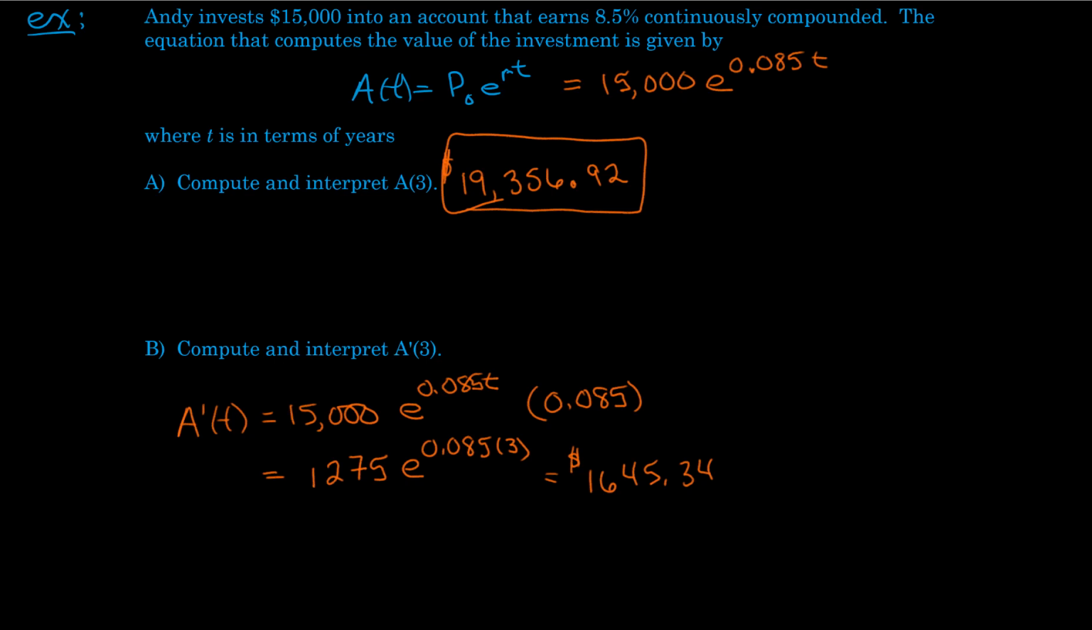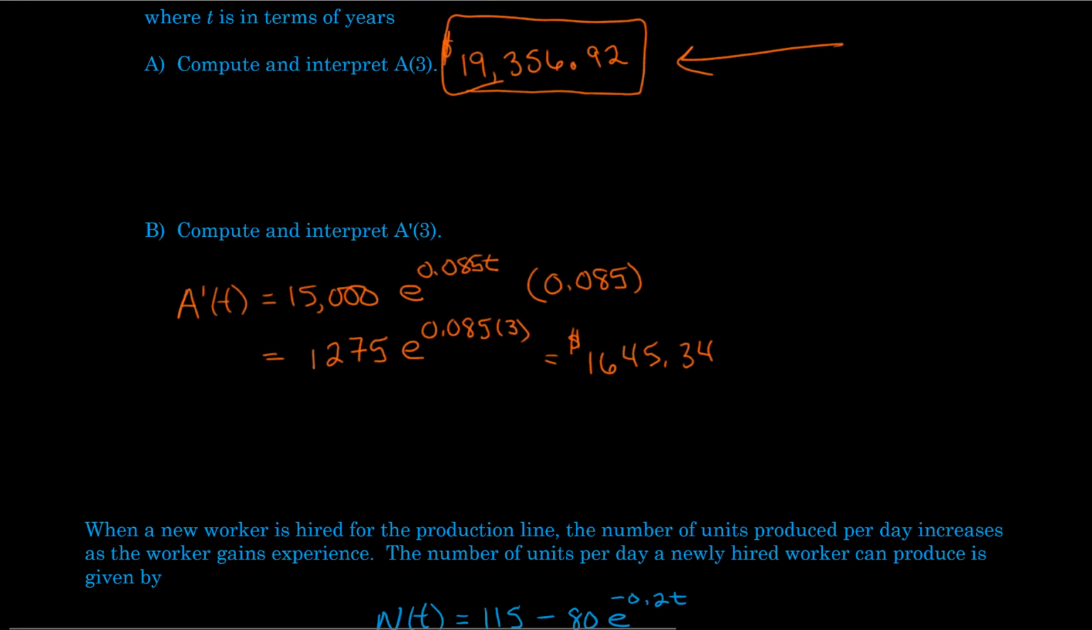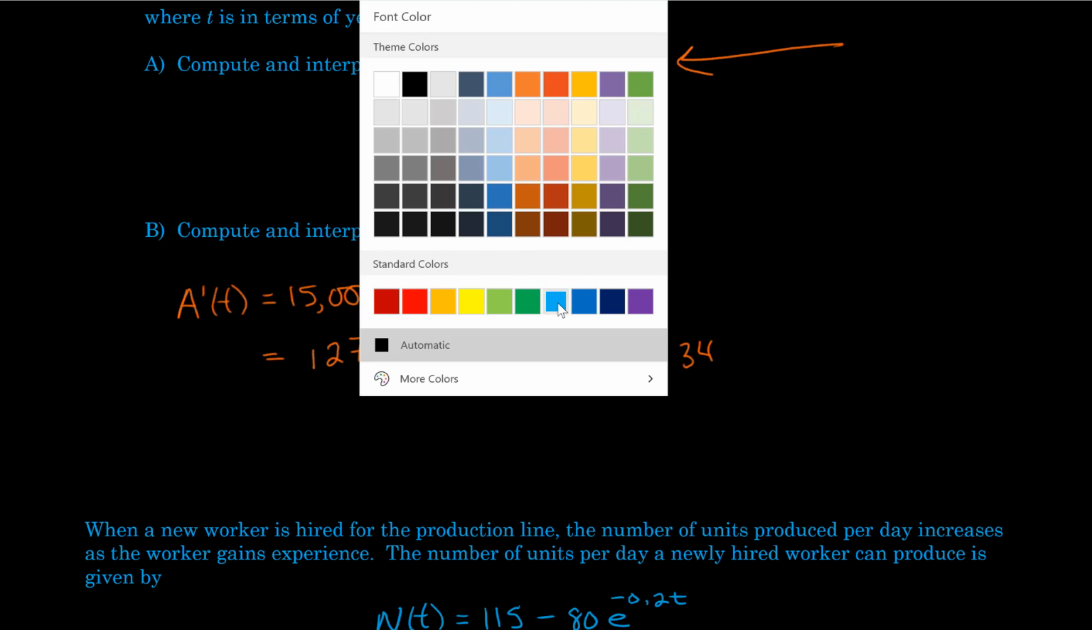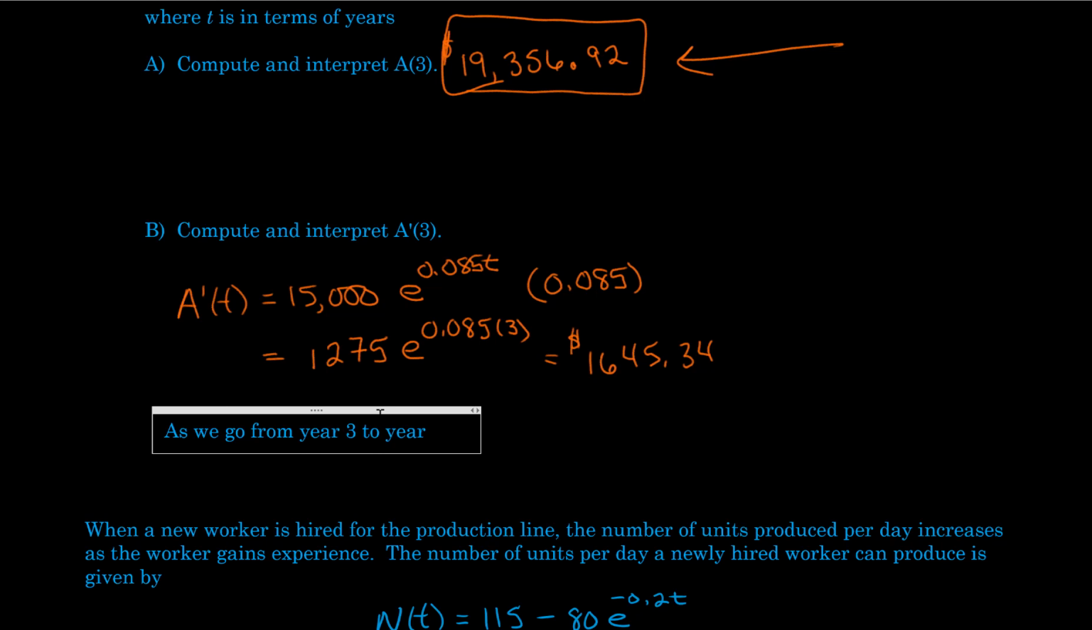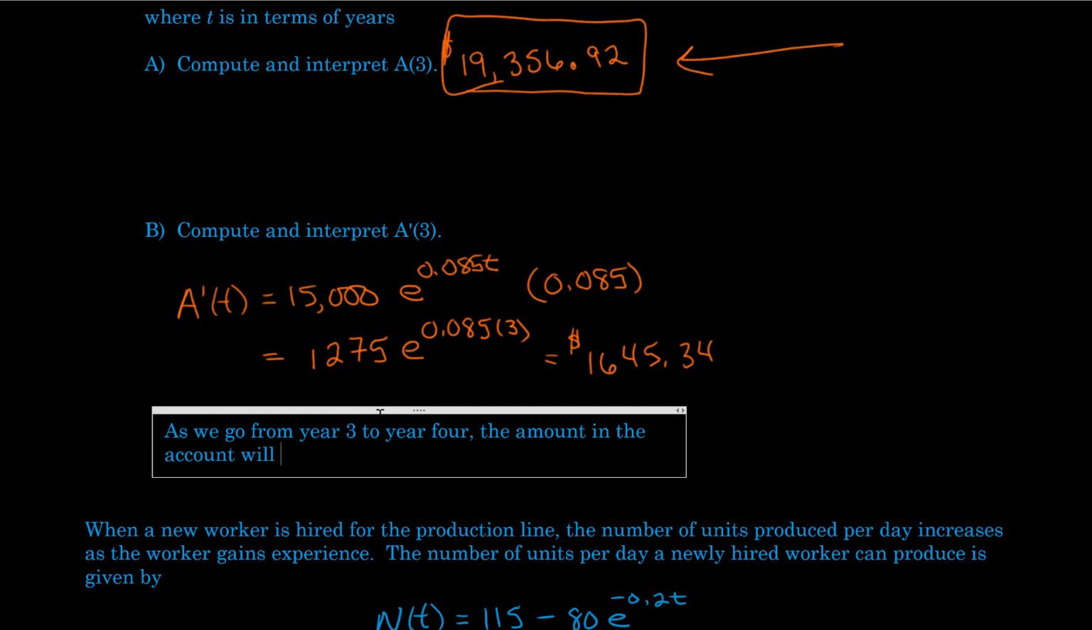Now be careful. This does not mean that the amount of money in the account is going to be $1,600. We just saw in the previous one, the amount of money in the account better be over 19,000. What this says is, I'm going to type it out this time. As we go from year 3 to year 4, the amount in the account will increase by